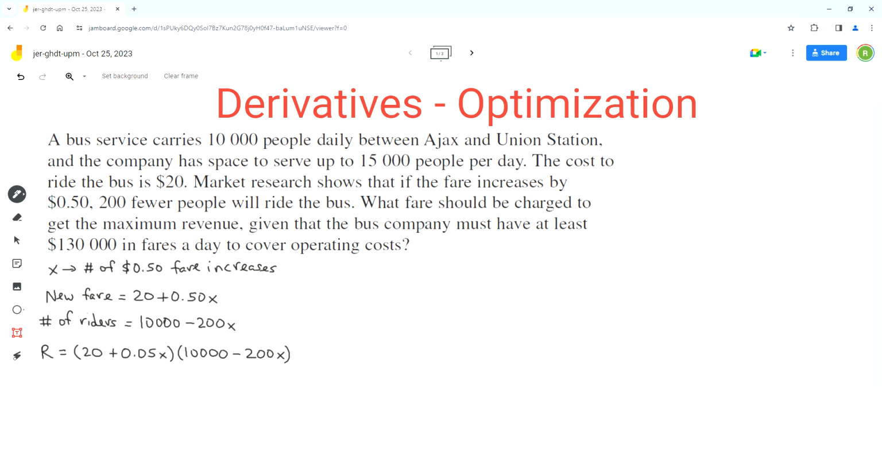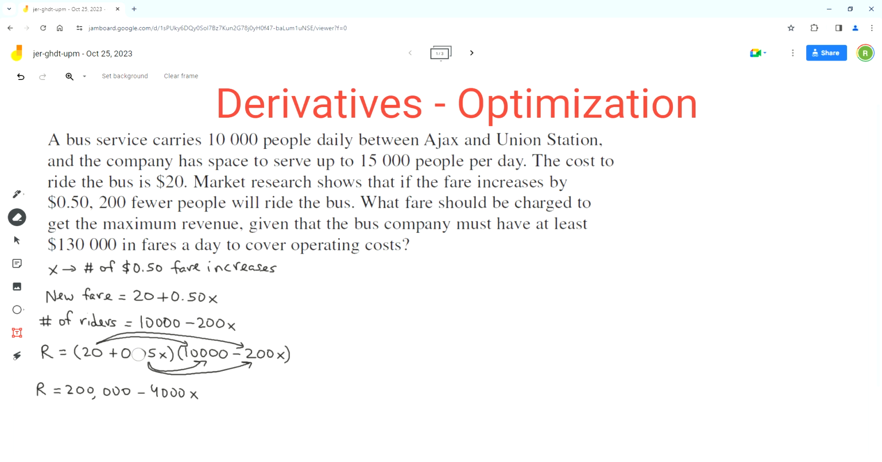Now we can simplify this expression by distributing the terms. So we should use the FOIL method. So we do 20 times 10,000, then 20 times negative 200x, then 0.5x times 10,000, then 0.5x times negative 200. So we get revenue equals 200,000, and 20 times negative 200 is negative 4,000x,